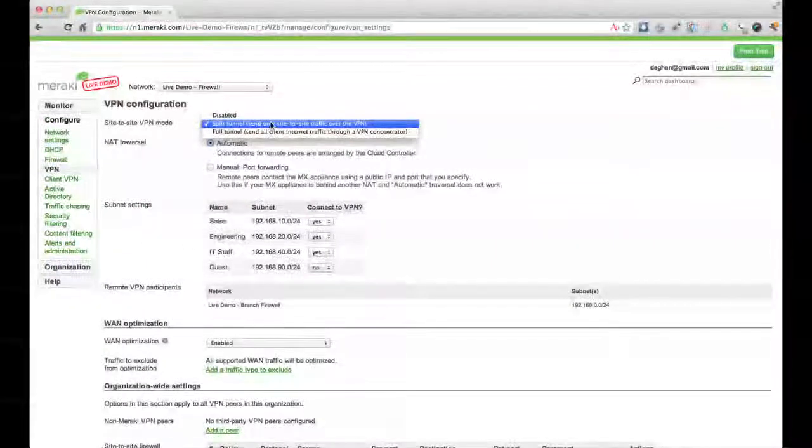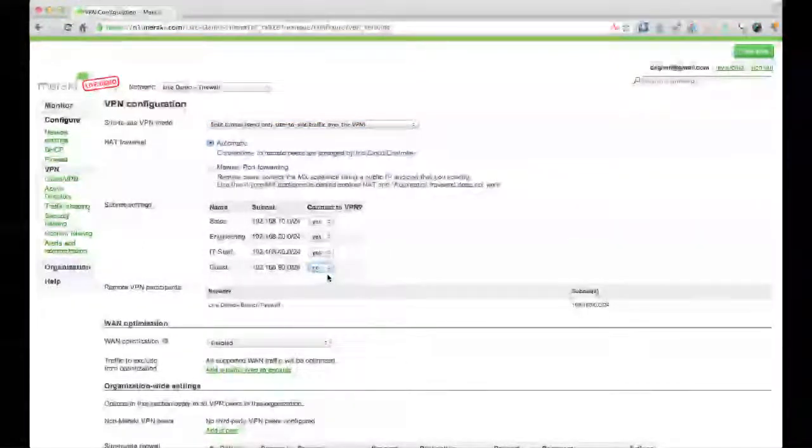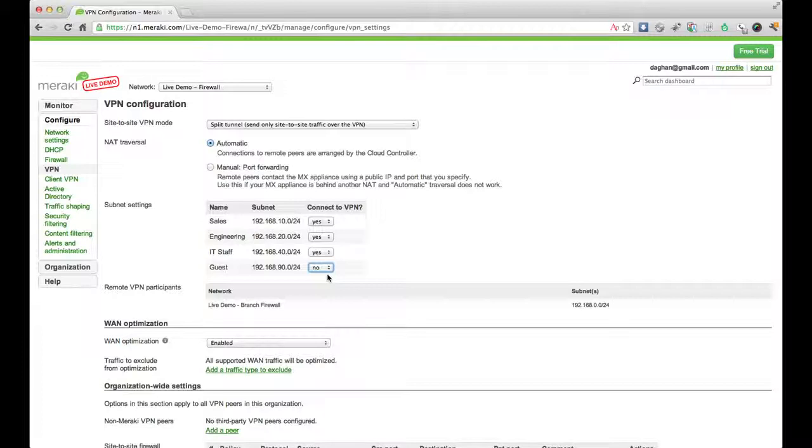To configure the site-to-site VPN tunnels, all you need to do is to choose whether you want it to be disabled, split tunnel, or full tunnel. You can choose which subnets should be accessible via the VPN, and that's it. The dashboard will do the rest by pulling the network data such as the WAN IP of each devices, the local subnets behind them, etc. It will automatically fill in these settings for the Phase 1 and Phase 2 negotiations for IPsec tunneling, and will